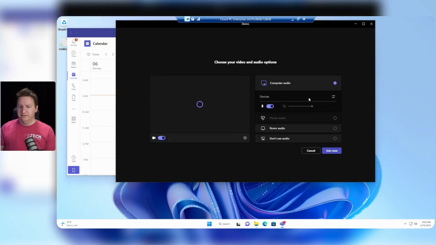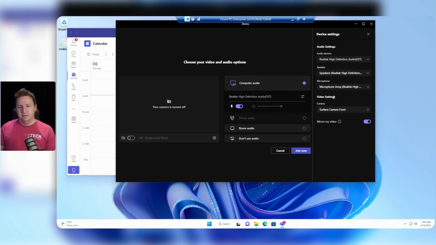So once here, I will head on over to Teams and my calendar, and then I can click join on the meeting in progress. And as you can see here, the devices are actually the local devices on my computer, meaning my local camera, my local microphone, and so on. So we can use any microphone, any speaker that is connected to the device that you are connecting to your Cloud PC from. And if I click join now,